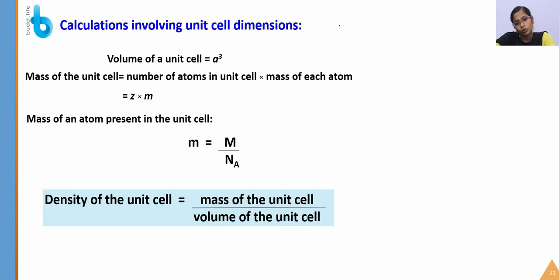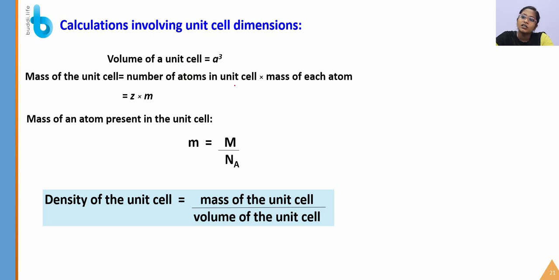So here we are going to see about the density. We are going to calculate the density of the unit cell. So first, you know what is the volume of a unit cell. The volume of a cube is, a unit cell is similar to that of a cube, right? So the volume of a unit cell is a cube, and then the mass of the unit cell. So the mass of the unit cell can be calculated based on the number of atoms in the unit cell into the mass